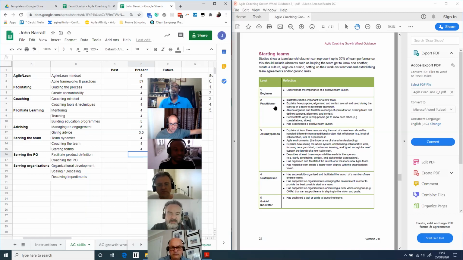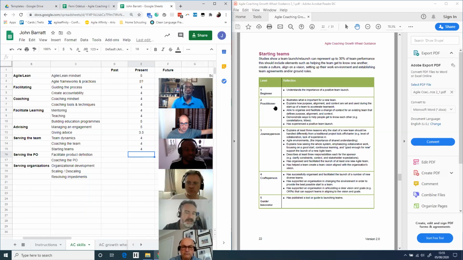Again, might be a 2 or a 3. I think a 3 might be being generous on myself, but I've been quite harsh on some of the other stuff, so maybe it balances. And yeah, I'd like to get a bit better than that, really. Yeah. So don't do what Chris did. Try and be consistent throughout the wheel, so that you don't get these spikes in some areas and not others.